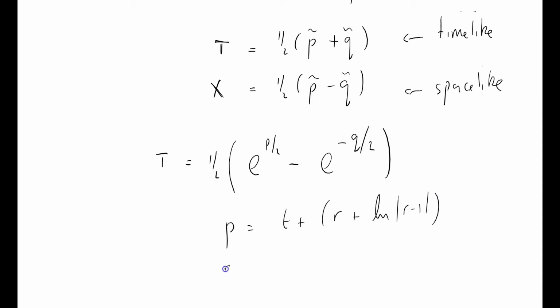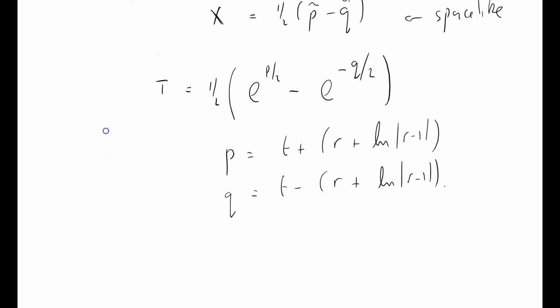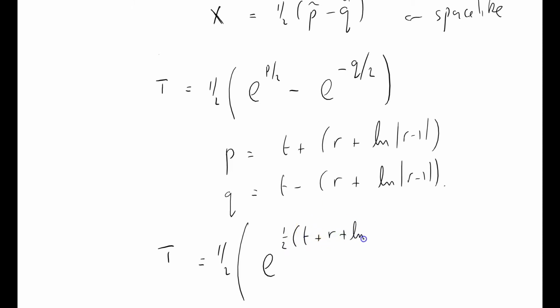There are subtleties in this, and Q was equal to t minus r plus log mod r minus 1. So what does that leave t? t is a half of e to the half of t plus r plus log mod r minus 1, minus